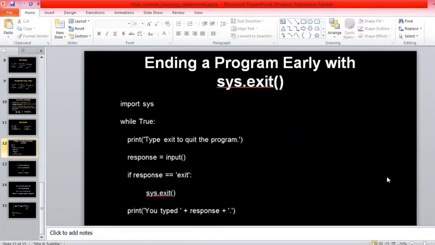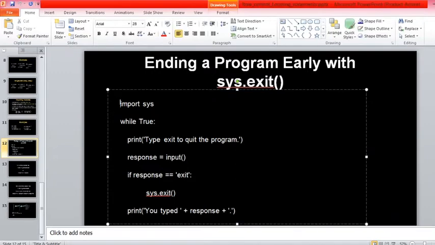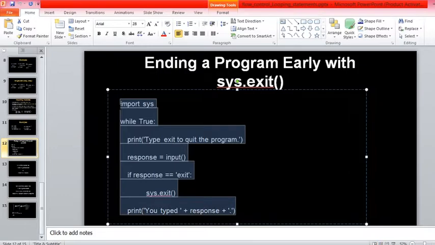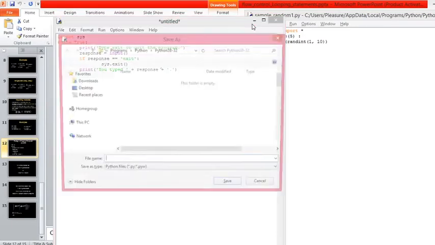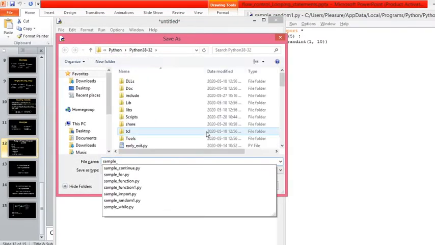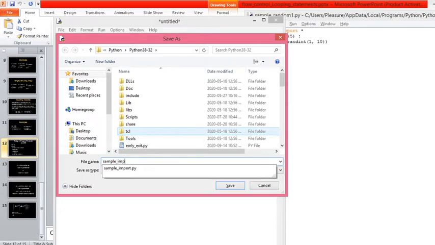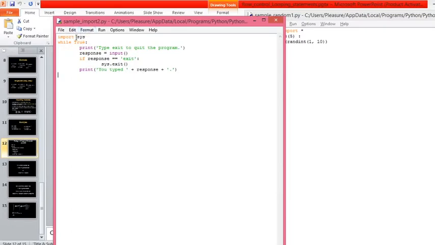Then the next example. If you want to end the program early, I mean if you want to terminate the program early, how to do that? For that we have a method called exit, which is available in the module called system, that is sys in short. Look at here now, run this code. Take a new file, run this. Again it is related to importing. Now this time I am importing a module called sys, and I am using one of the methods from this sys, that is the exit function.